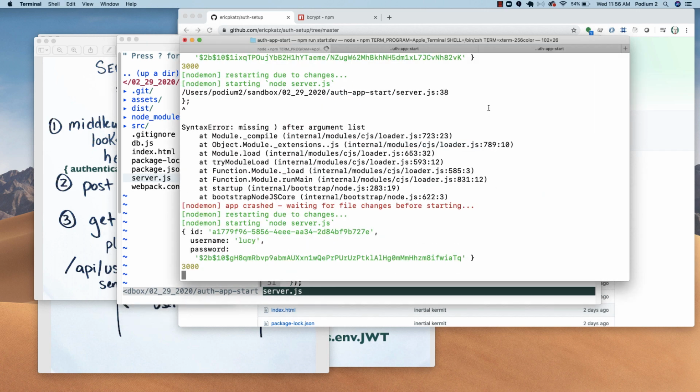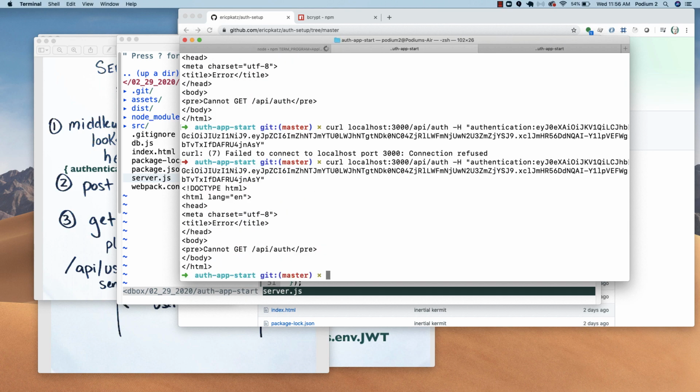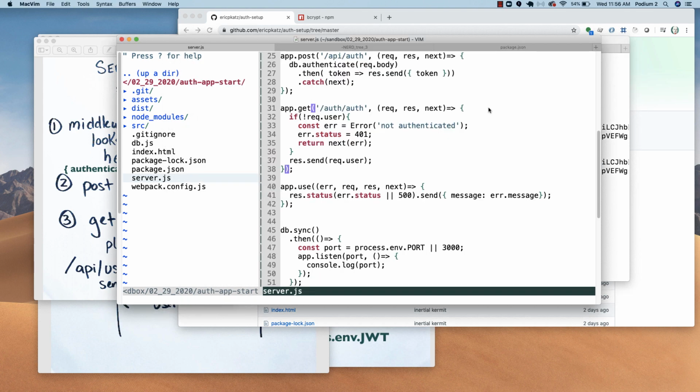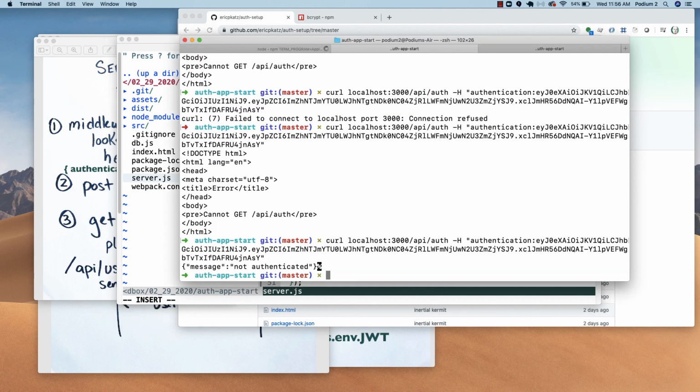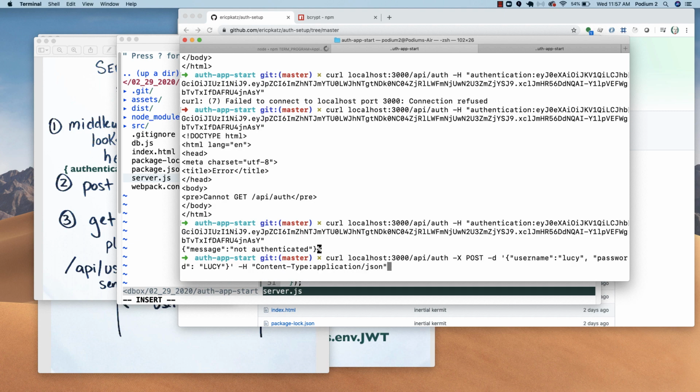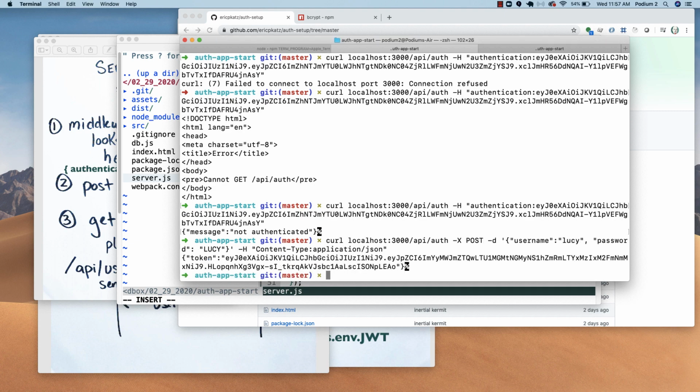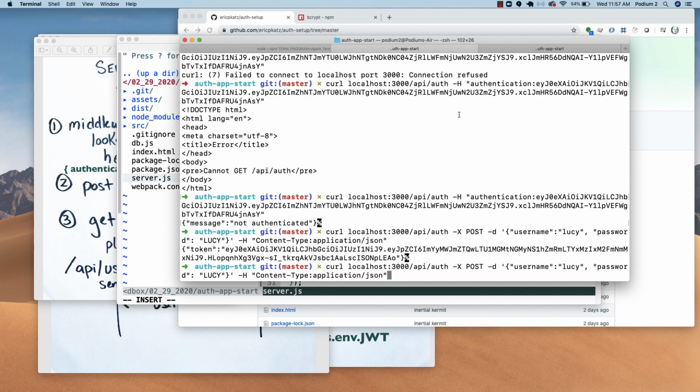One thing that we'll end up finding out, and let's make sure I set this up. Auth is not correct. It's going to be API auth. Sorry about that. Try this one more time. And we'll get not authenticated because every time we run this, we're generating new users here. So we really have to call this one first. And then if we end up calling this and we go back and I take this token here